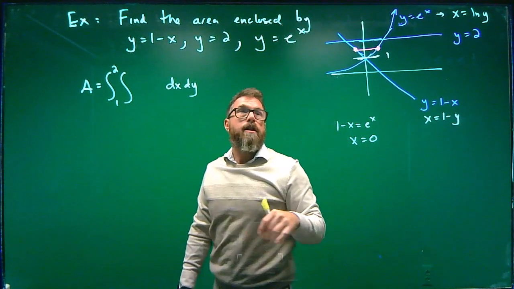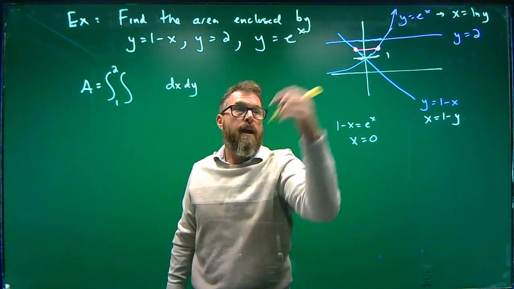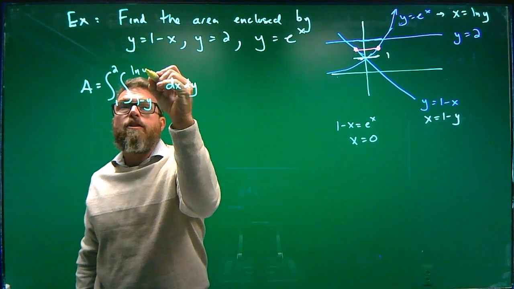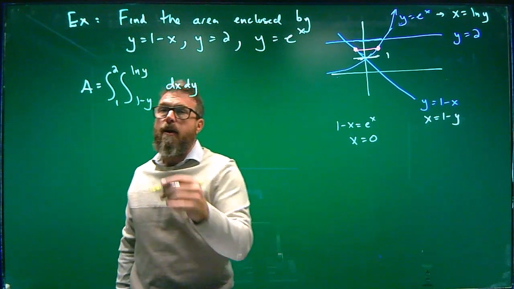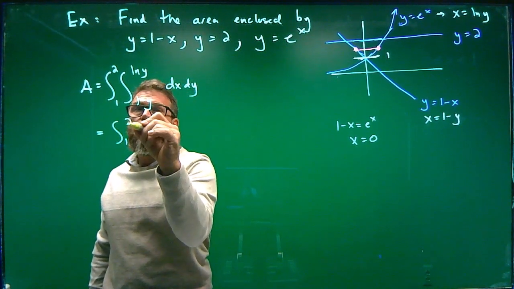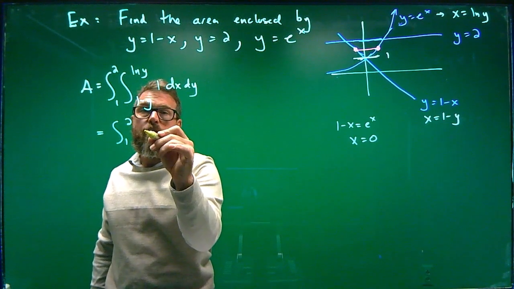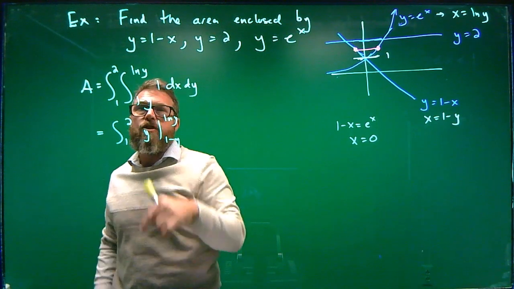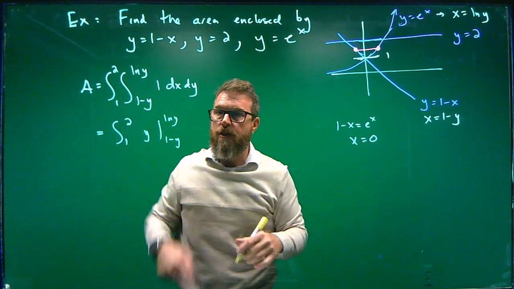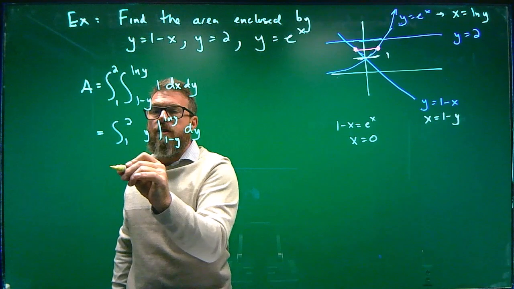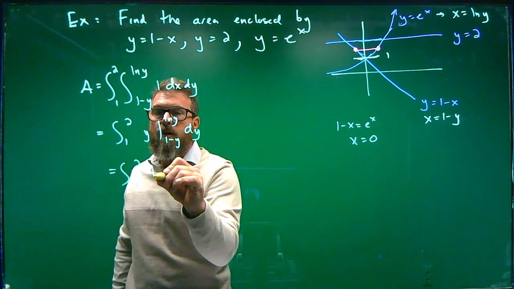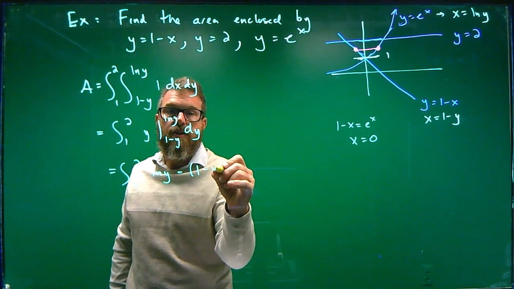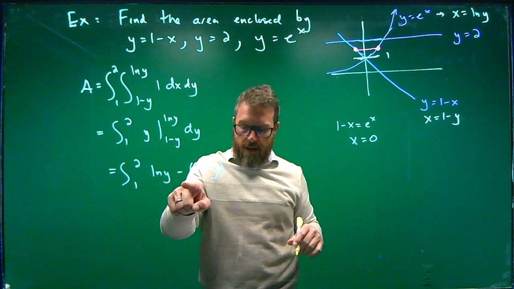All right, so setting this up, this is the smaller, the more left. So this is going to be 1 minus y, and this is going to be equal to the natural log of y. Now we integrate. So the integral from 1 to 2 of 1, this is just going to be y evaluated at the bounds. Once you get kind of good at this, it's just going to be this function minus this function. So this is going to be the integral from 1 to 2 of the natural log of y minus, be careful of this, it's subtraction of the entire thing. So this is going to be minus 1 plus y